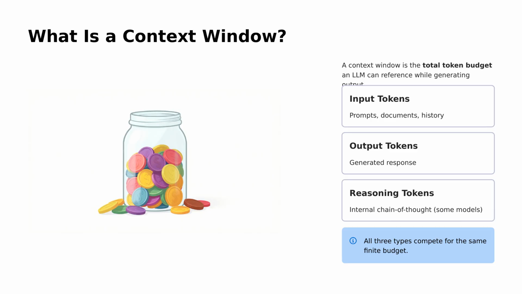A context window is the total token budget a language model can use at one time while generating an answer. That budget has to cover three things: input tokens like your prompt, documents, and chat history, output tokens, which are the model's response, and, in some models, reasoning tokens used internally. The key idea is that all three draw from the same limited pool, so using more of one leaves less